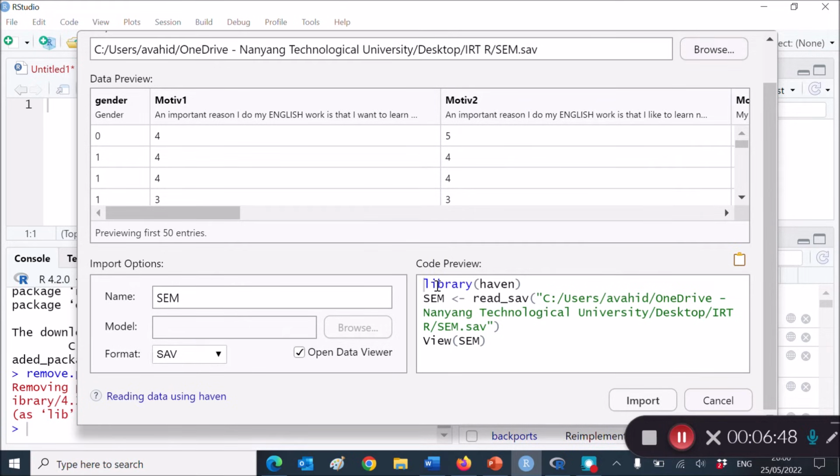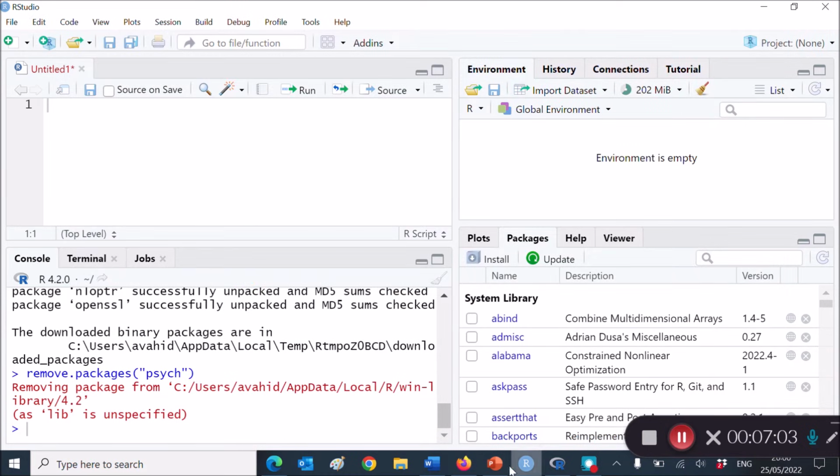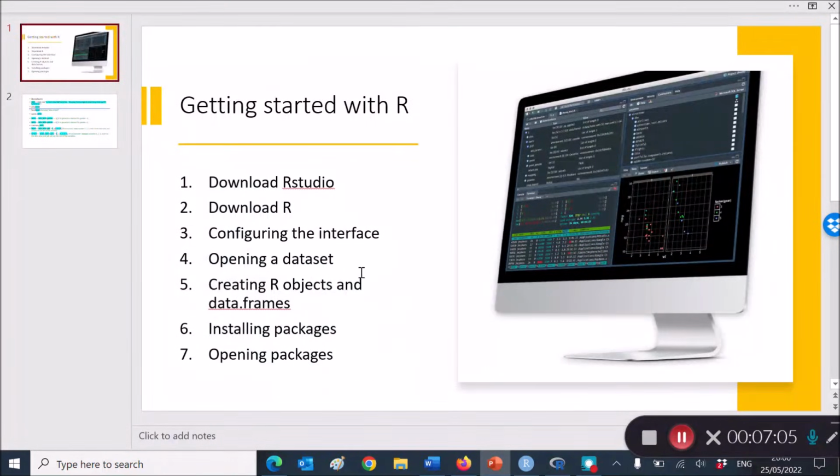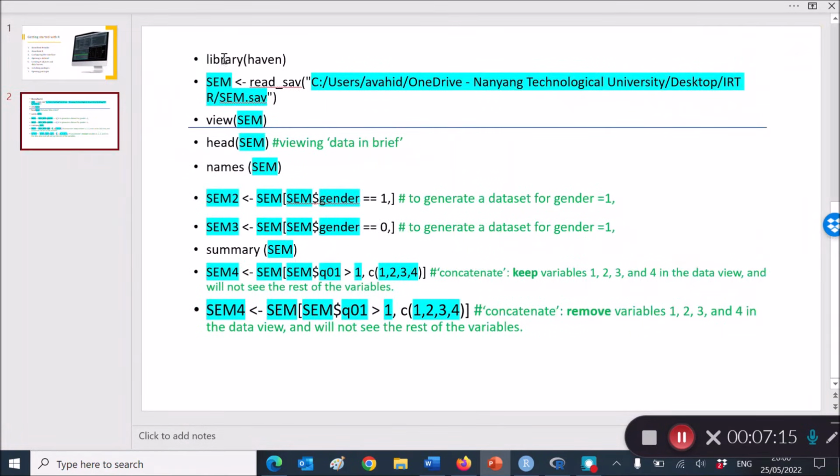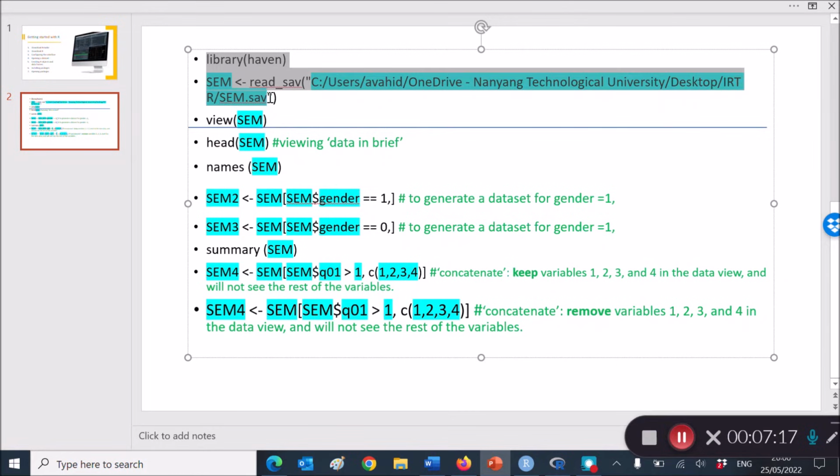The code preview allows you to basically do it by writing a code. I think that's really exciting. Let's do our first coding in R. So if you are here, just copy this code and cancel and go back to, for example, your PPT slide or any kind of Word, Microsoft document or anything else that you use, and paste it somewhere. I've already done that. I've pasted those